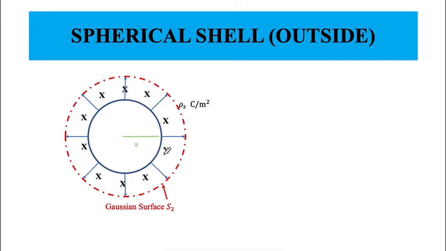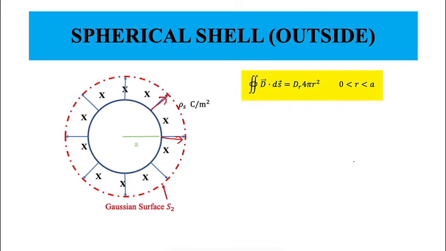So we will choose the situation that we are actually trying to solve. Okay, so this is our situation. We have chosen a surface S2 which is outside the cell. So what would happen to the right side and left side of Gauss's law? Left side again will have a situation where the D field will be radially directed, as well as constant on the surface S2.